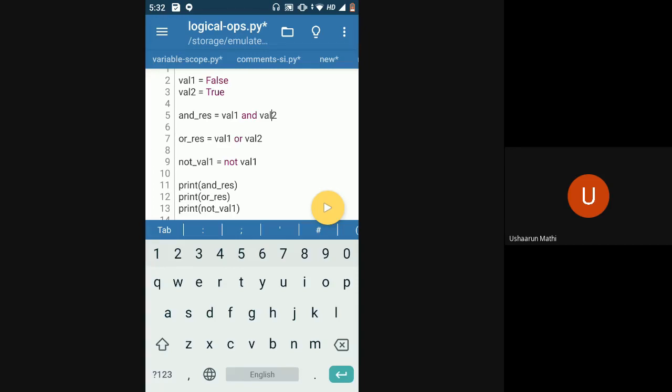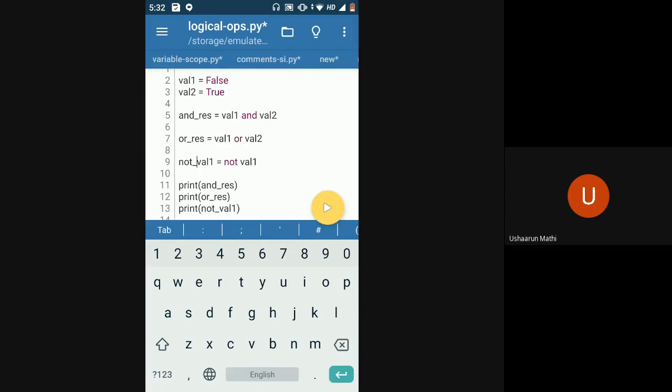In not case, in line number 9, you got the value as true because val1 was false. So this statement, not val1, got evaluated into a Boolean. Similarly, and or operators will also get evaluated into Booleans only. That means line number 5 and line number 7 will have output as a Boolean only, either true or false. We'll see how to determine the values, but right now and, or and not, all the three of them, all the logical operators will give you a Boolean output only.